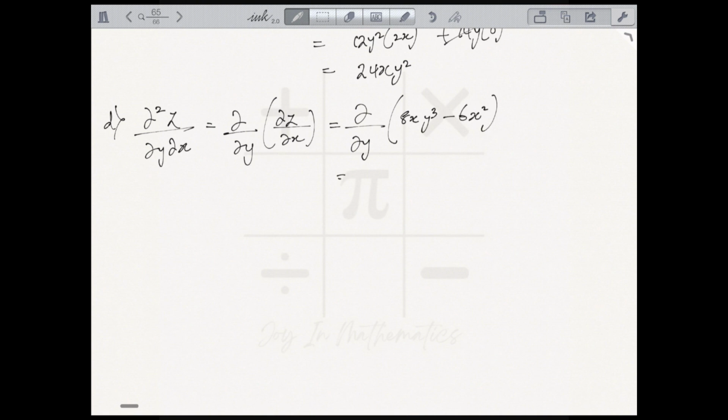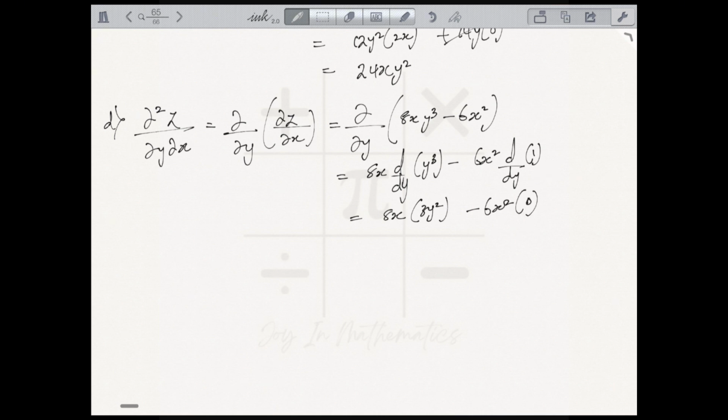And since we are differentiating partially with respect to y, our x is kept constant. ∂/∂y of y cubed, minus 6x squared and ∂/∂y of 1. So we have 8 multiplying 3y squared minus 6x squared multiplying 0. And with this, we will be left with